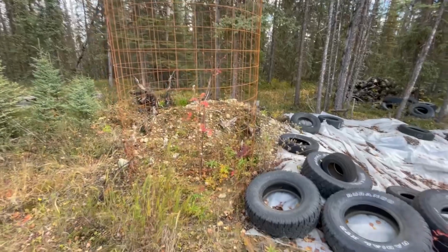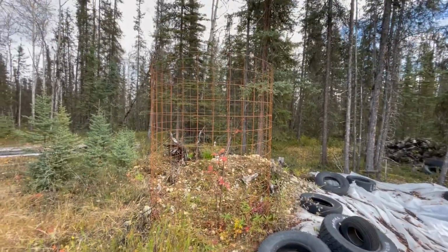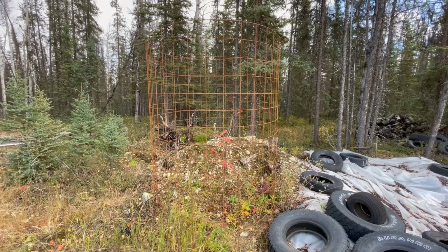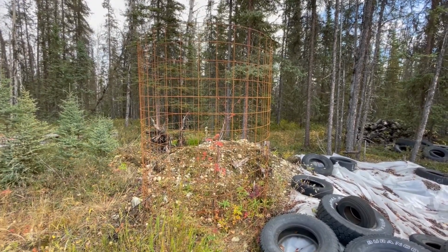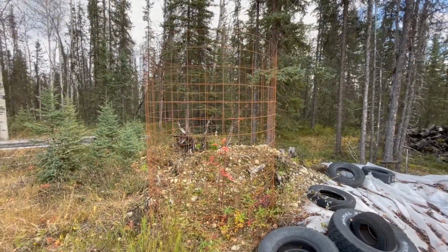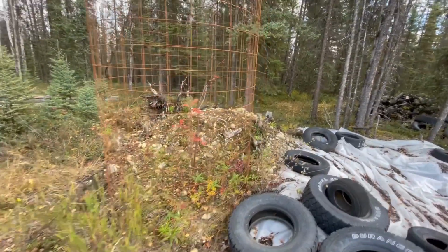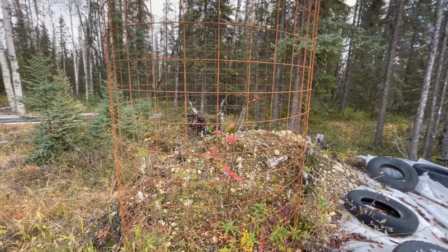Our deer, as I'm sure you've seen elsewhere, and if you haven't, that's okay. Our deer are moose. And when a moose's shoulder is about 6 to 6.5 feet off the ground, their head is closer to 7 to 8. So that is a piece of concrete screen, 20 foot by 8 foot, rolled into a circle, flipped up on its side and driven into the ground, and then reinforced with rebar as stakes to hold it to the ground, because otherwise